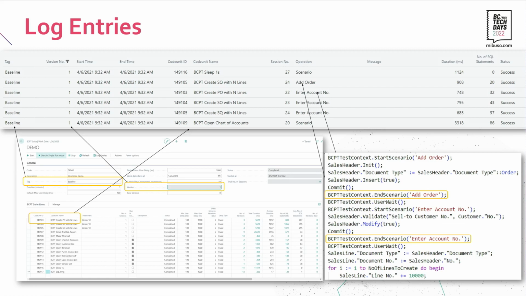So first of all, a short look at the log entries again. Simon already showed them. In there we have the tag, because we want each measurement to be labeled with something we can use later for analysis. So baseline or warm-up or 25% usage or 100% usage or whatever. Then we have the version number, which we increment every time we run, so we can distinguish each simulation from each other, regardless of tagging. Then we have how long it took, and the start and end time,